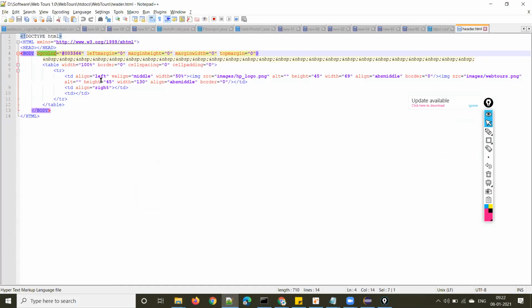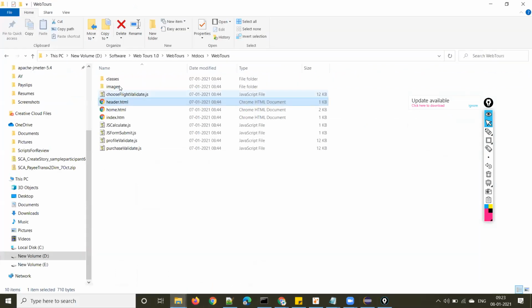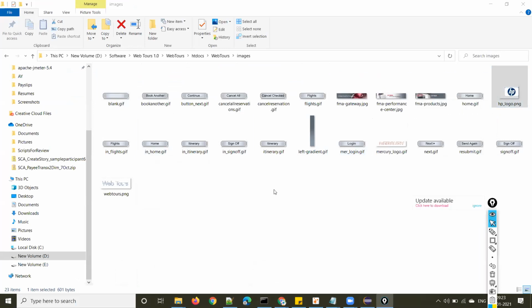BG color means background color. And on top of that, you see two images, hplogo.png and webtools.png. They are in the images folder. So header.html is calling the images folder, in which you have two images, hplogo.png, the first image, and webtools.png.